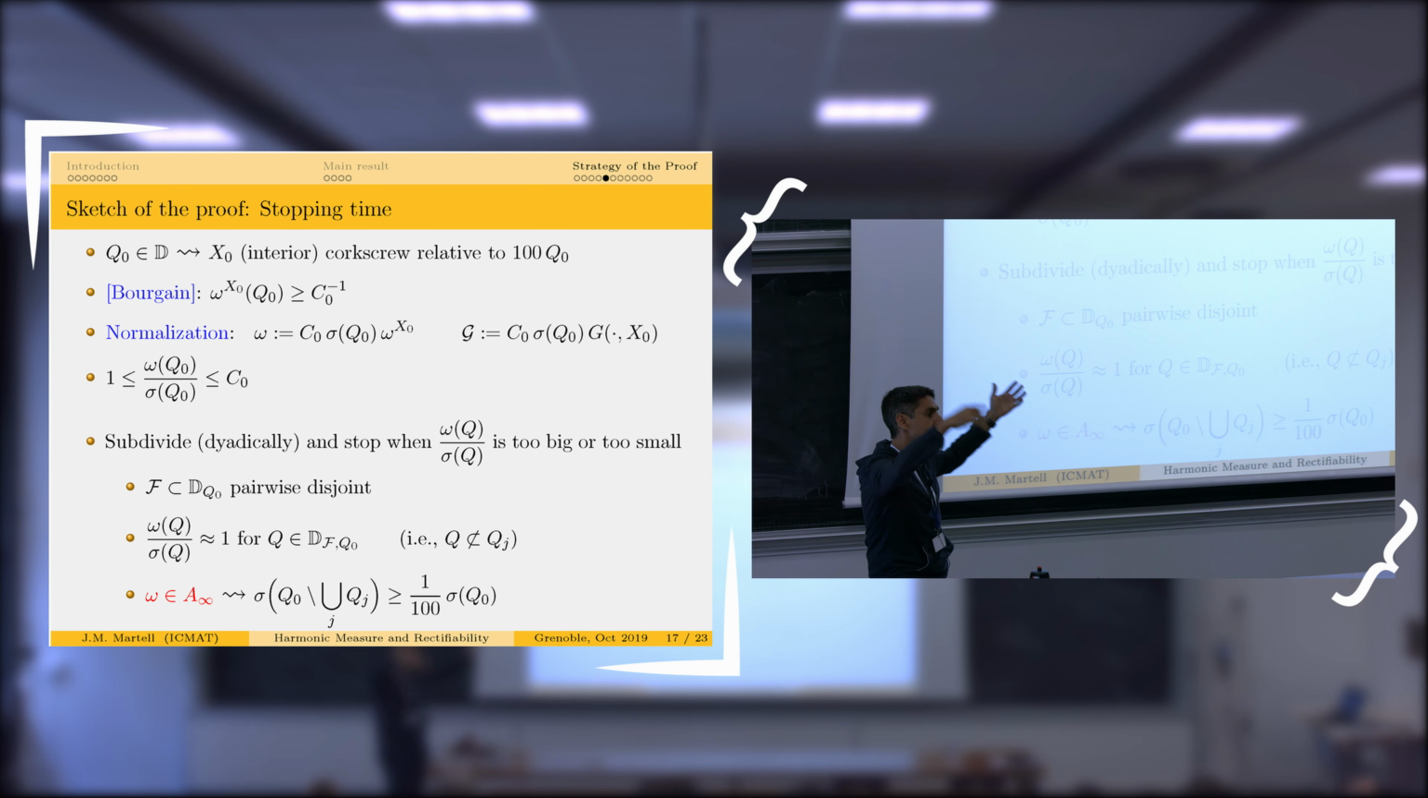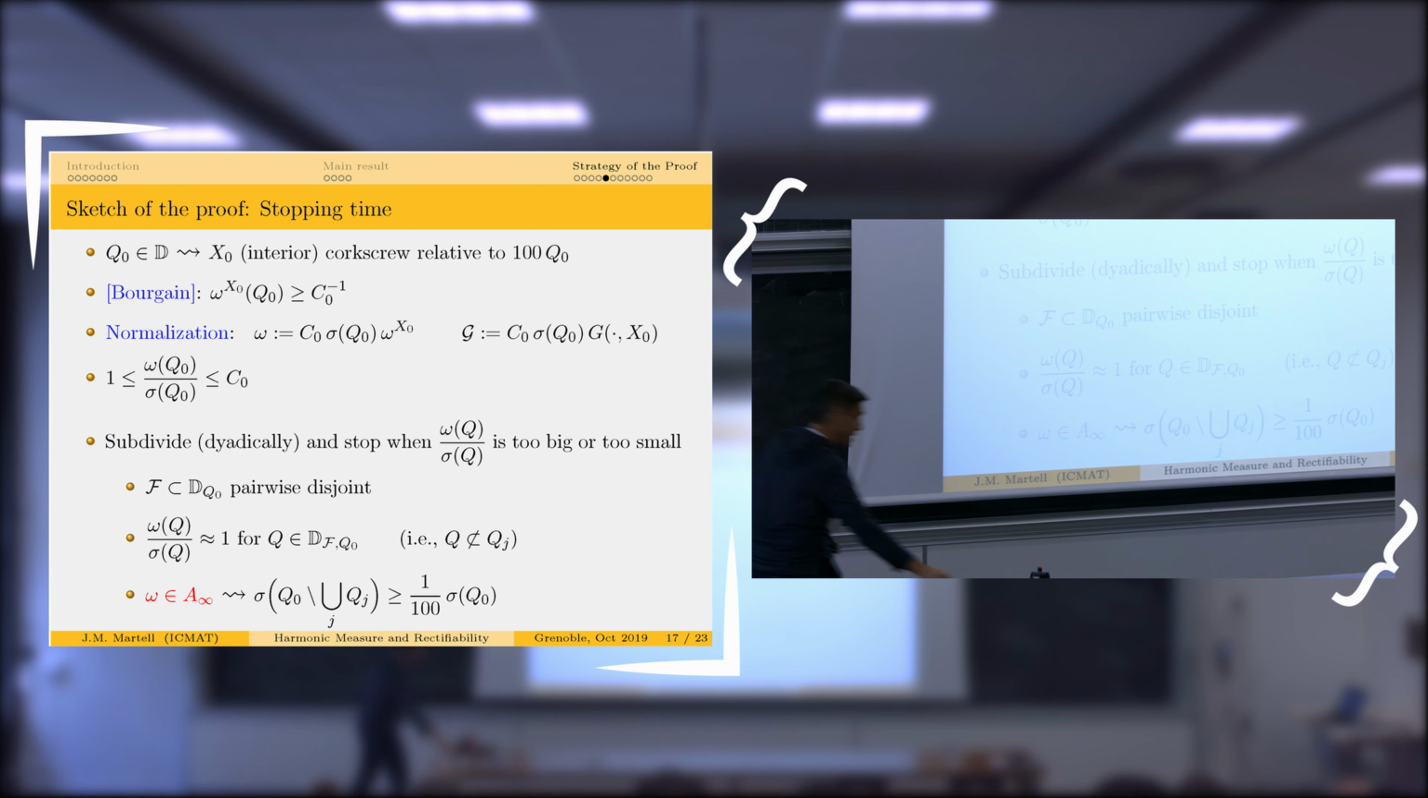It means I need to send my pole a little bit far away so that there is no problem with the Green function. Okay? There is this estimate, what is called Bourgain's estimate, that says that the harmonic measure of Q naught is bounded below by some fixed constant. If you think about probability, this is saying that,